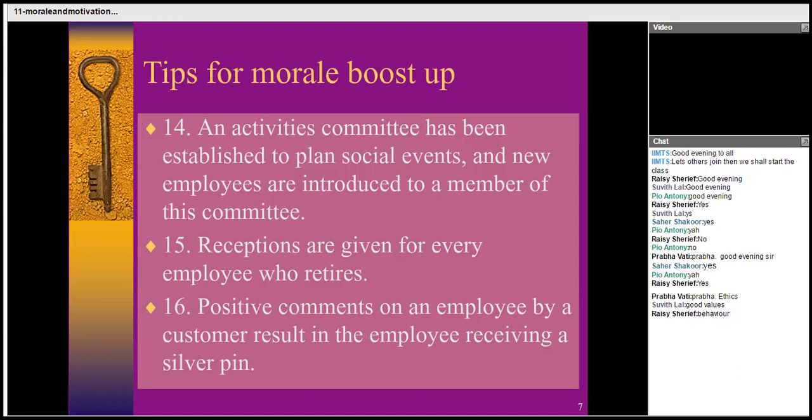So these are all the different n number of ways for motivating employees within the organization, which is very much required because nowadays it's a very pressured job in the offices. It means that you have to give your best results in the organization. You have to put in your best efforts. You have to do your best. So for that, you require motivation. You require some morale boost up.